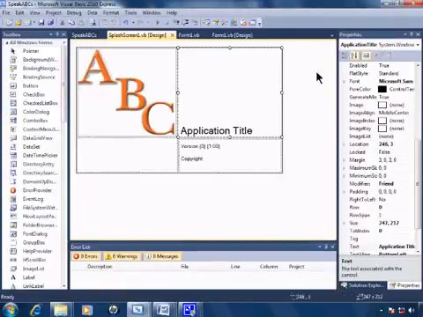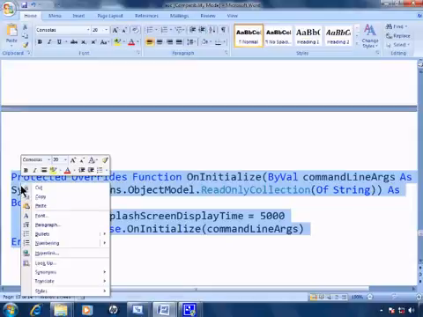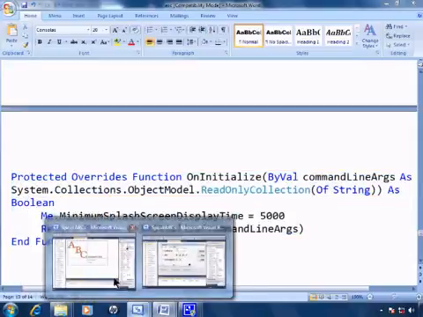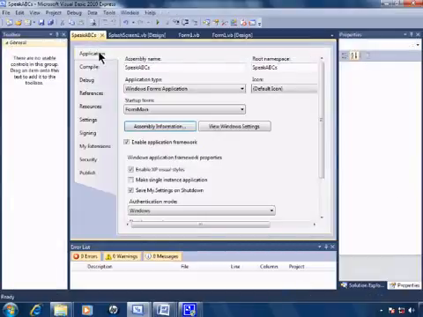And one thing that I do not care for in the splash screen is that it moves very quickly. You only see it for just a split second before it disappears. So I like to slow it down. Within this code here is the code to override the splash screen. So this code here will have the splash screen visible for 5 seconds. I'll just highlight the code and copy it, go back to Visual Basic, and here's where you insert the code into your application. Go back to the properties,